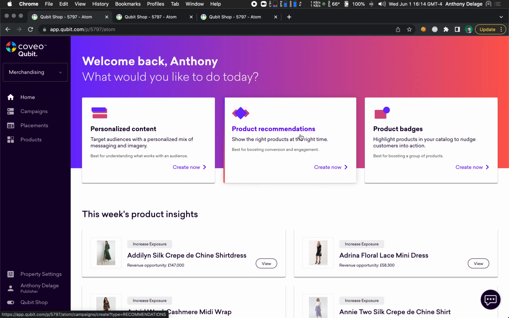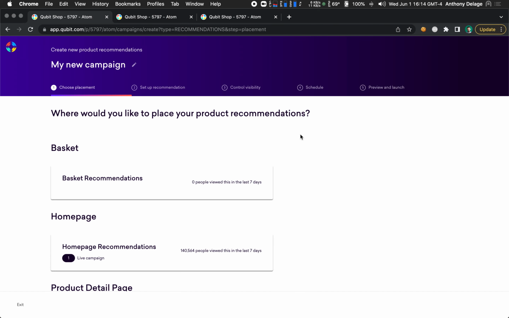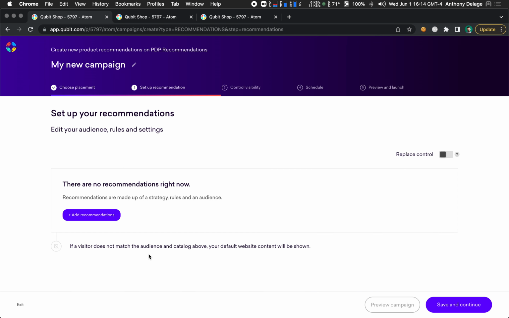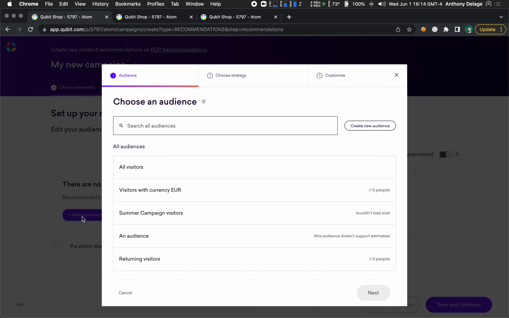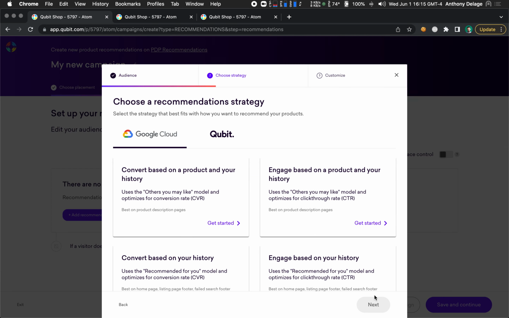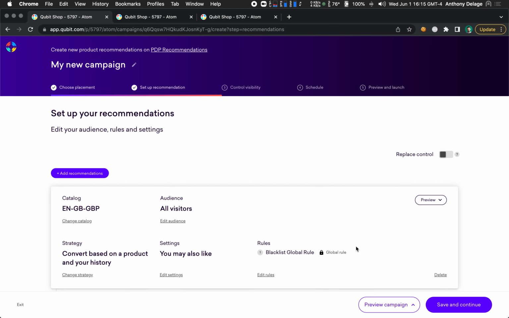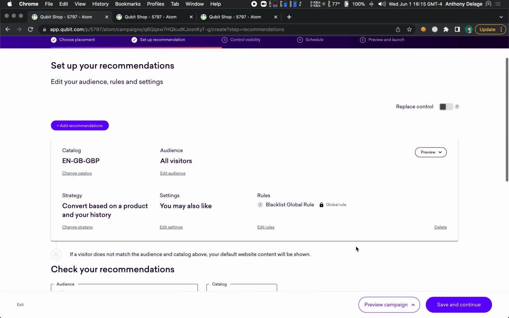And so for users who are familiar with personalized content and product badging, you'll be quite familiar with the decisioning concept. We've added it to recommendations because we saw a need and we saw a clear case where this is going to make people more effective with the recommendations. Previously, we basically forced a pattern where users could deploy one strategy, one audience, one catalog, and one set of rules for a specific placement.